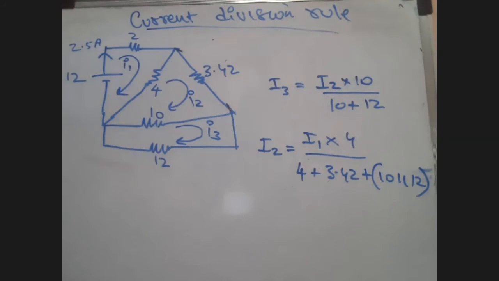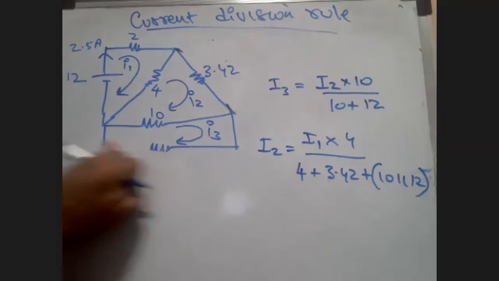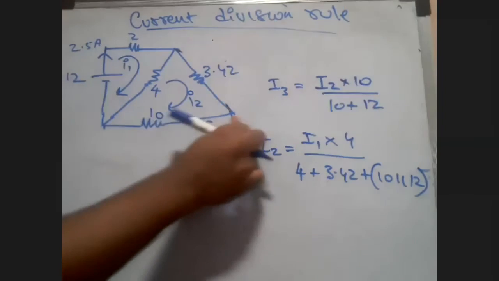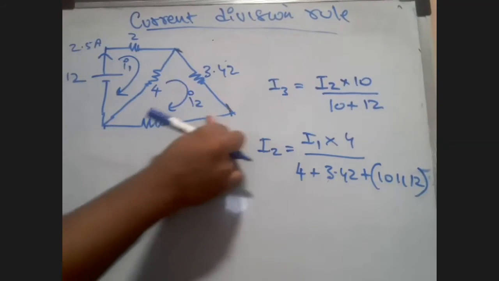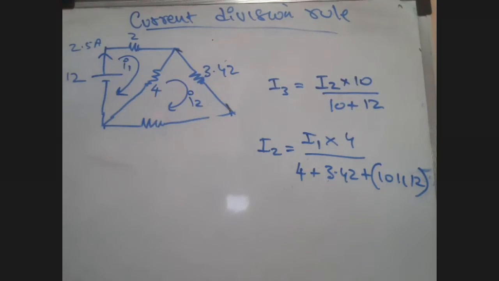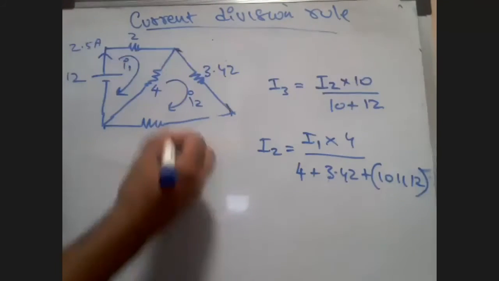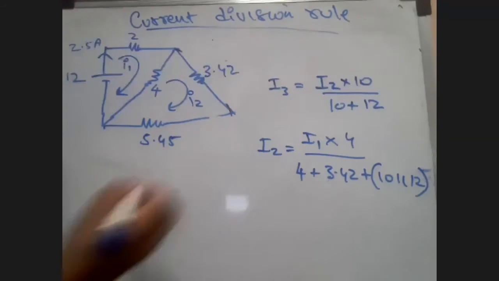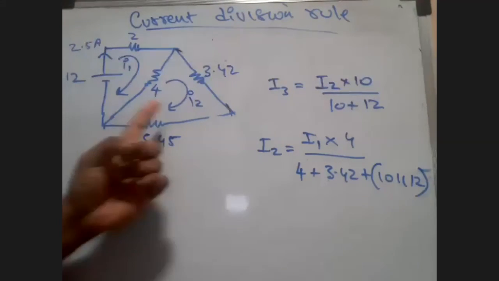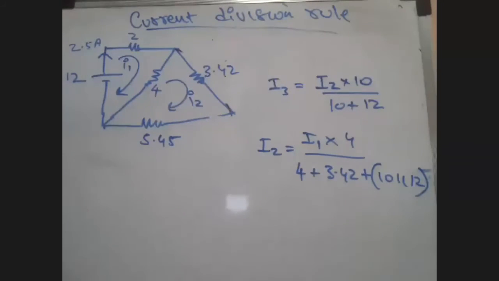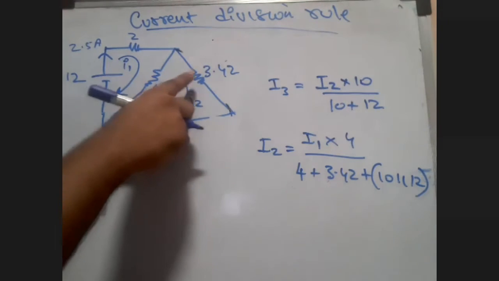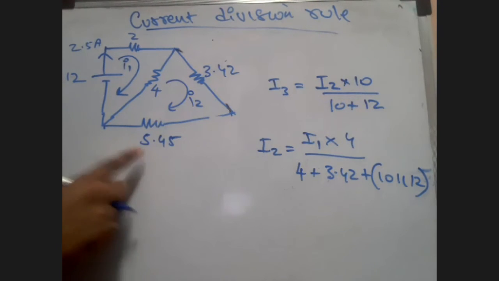Instead of that, when I'm considering this I2 now, just remove this 12 and take the parallel combination right here. Can I do that? Instead of 10, what can I write here? How much did we find out for 10 parallel with 12? 5.45. So I will write here 5.45 ohms. Understand, children, just understand the concept. So I2 here is passing through which all resistors? It's passing through 3.42. It's passing through 5.45.